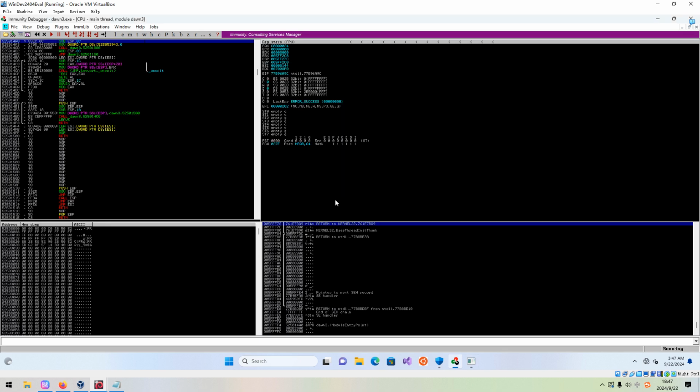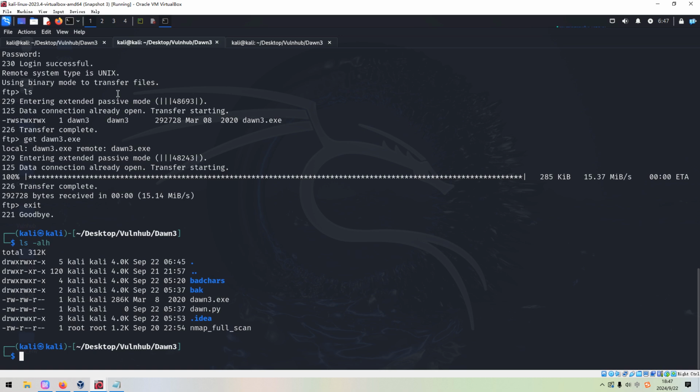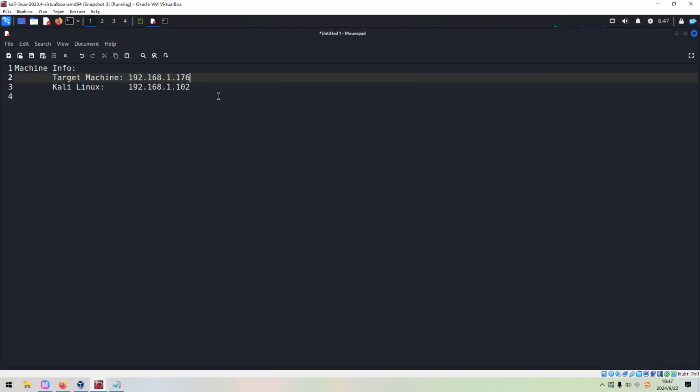Okay, so next, how to exploit the binary? There will be different steps, and I'd like to make a very quick recap. Binary exploitation.